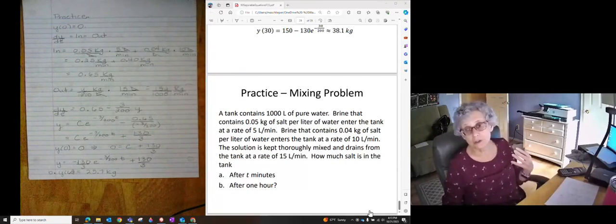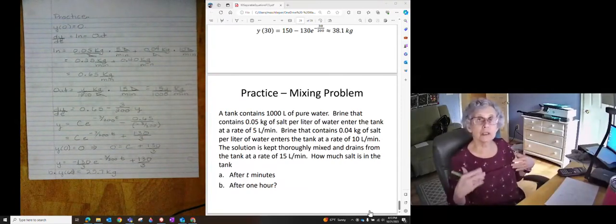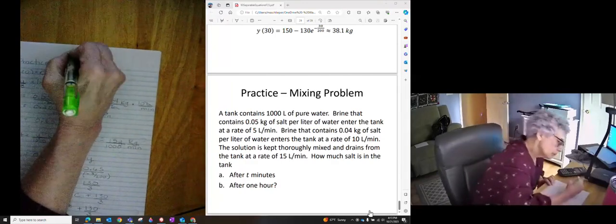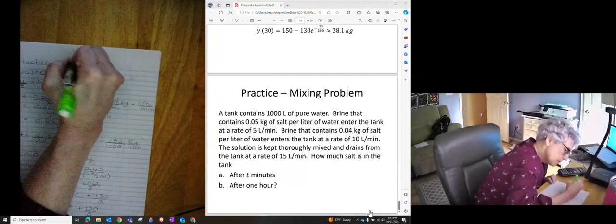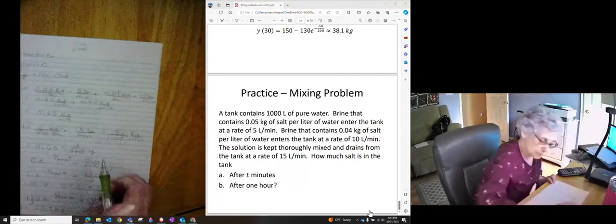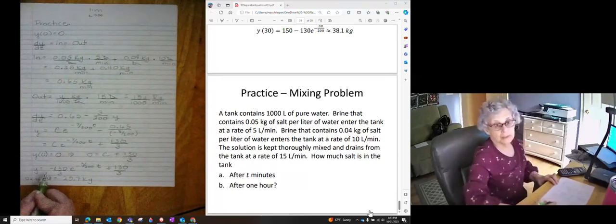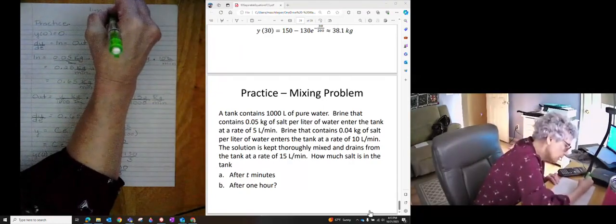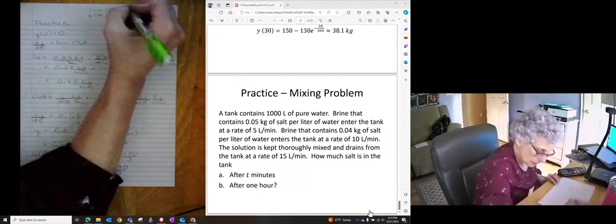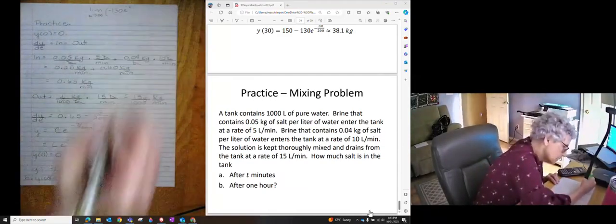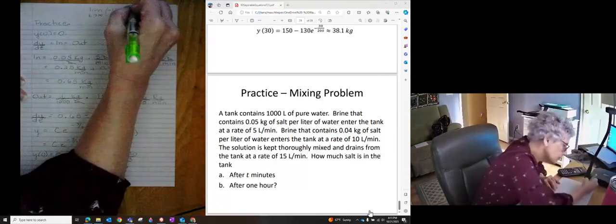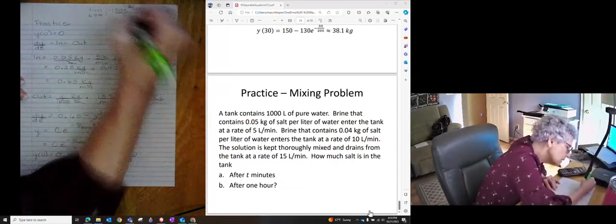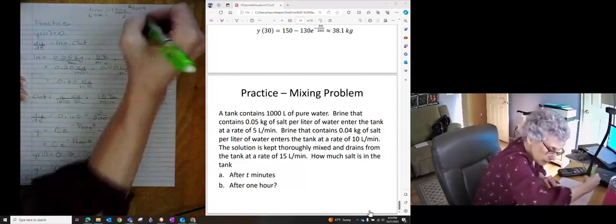Now, another interesting question you could ask is how much salt would be in the tank if they left this running for a long period of time. In other words, what is the limit as t approaches infinity of the amount of salt in the tank? So limit as t approaches infinity of negative 130 e to the negative 3 over 200 t, divided by 3